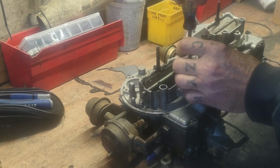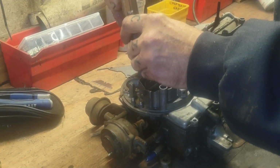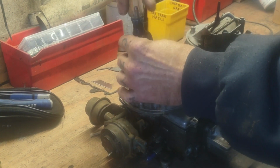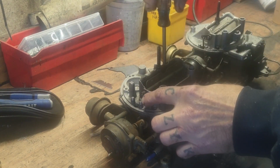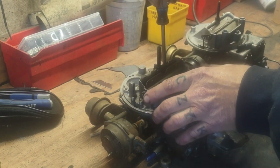And as long as your floats are adjusted pretty good, you won't get gasoline all over your engine and set your entire neighborhood on fire for being silly and running a carburetor with no top on it. But I've already got my choke lever removed off of here, and this was actually off last